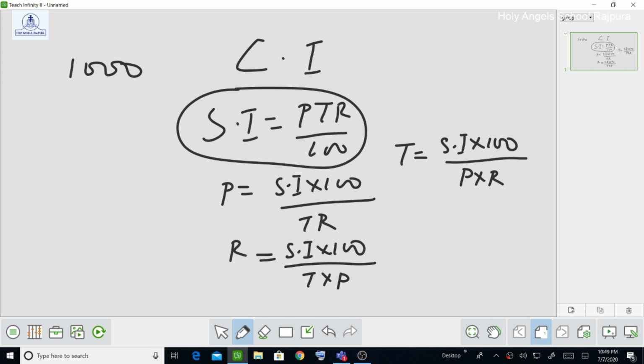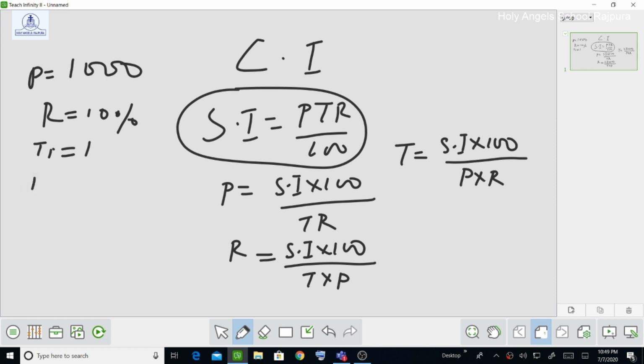So this is the initial principal for the first year. Suppose the rate of interest is 10%. After 1 year, that is time 1 year, so the interest after 1 year is